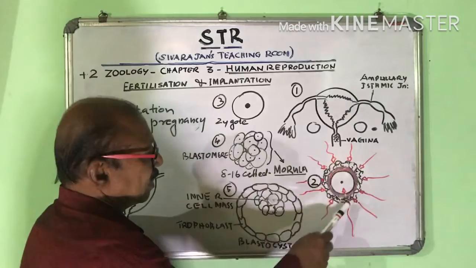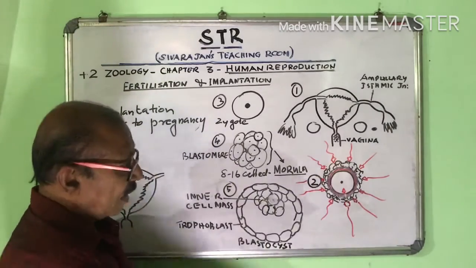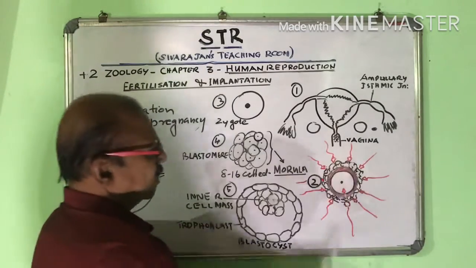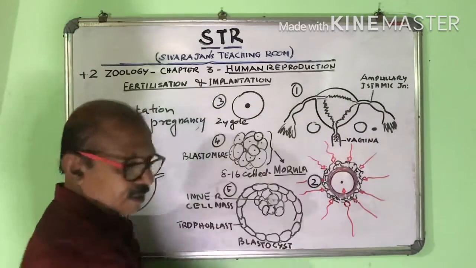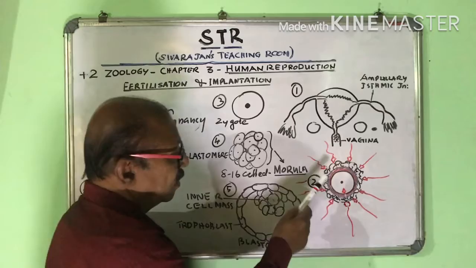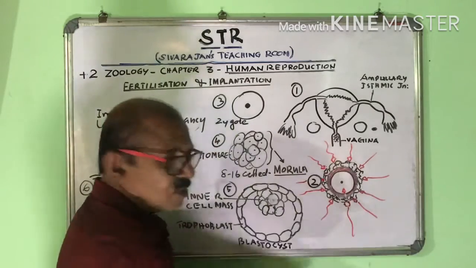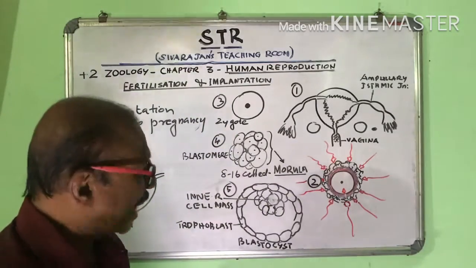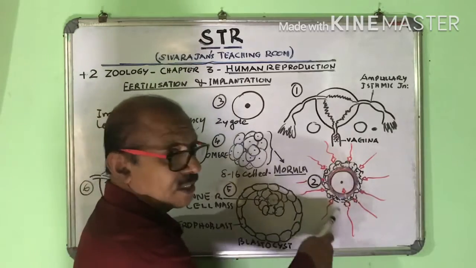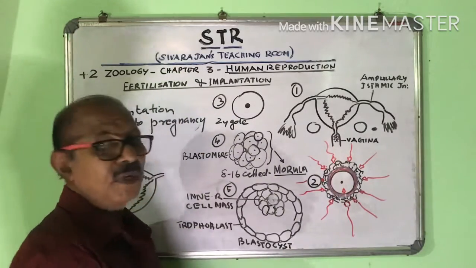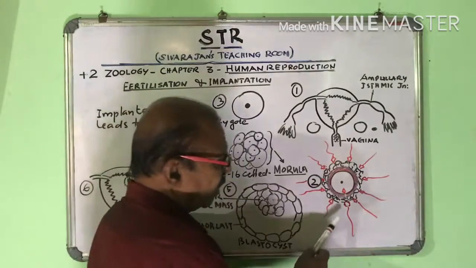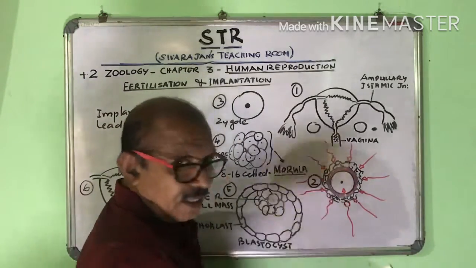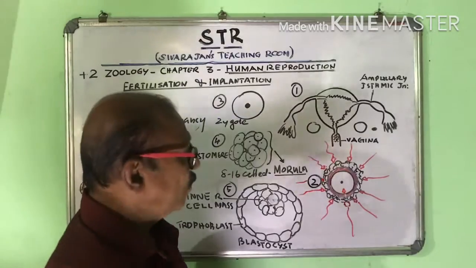See now what happens here. This is the ovum and these are the sperms. This takes place in the ampullary isthmic junction. Now what happens? Thousands, or rather lakhs, of sperms surround a single ovum, and each sperm will be trying to get into the ovum to fuse with it. Now what happens? The first sperm which meets the ovum